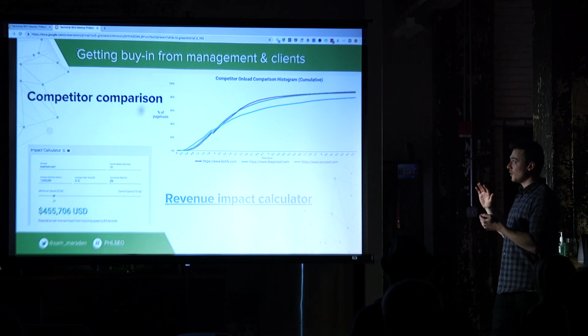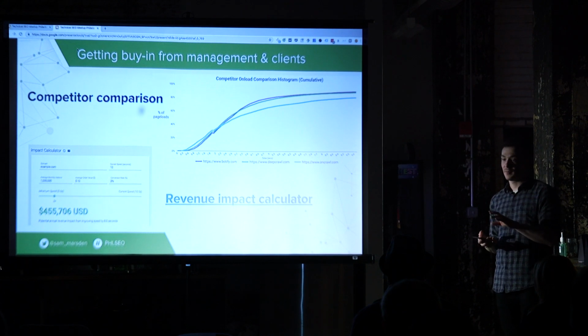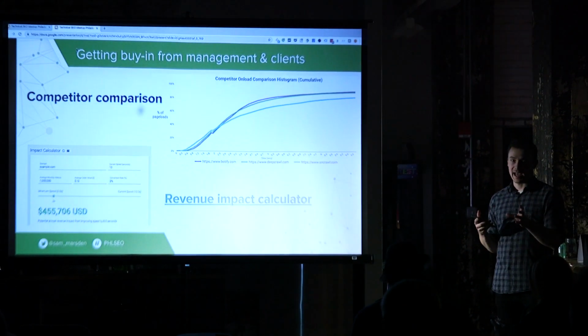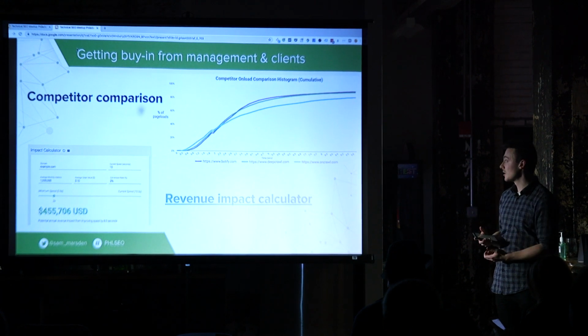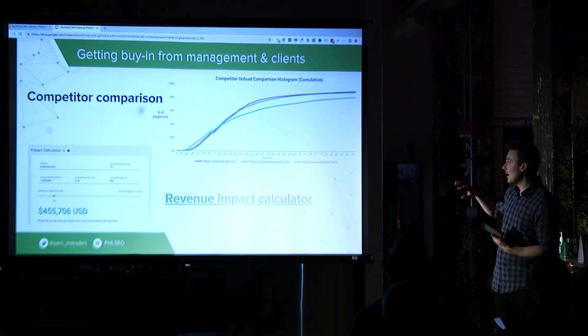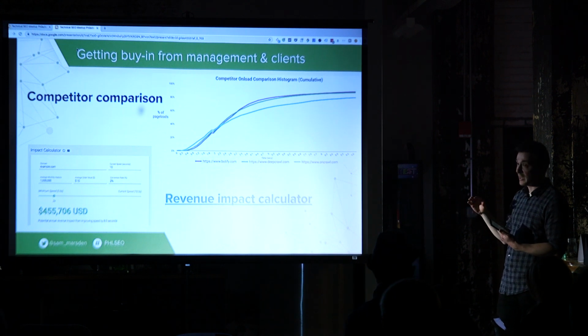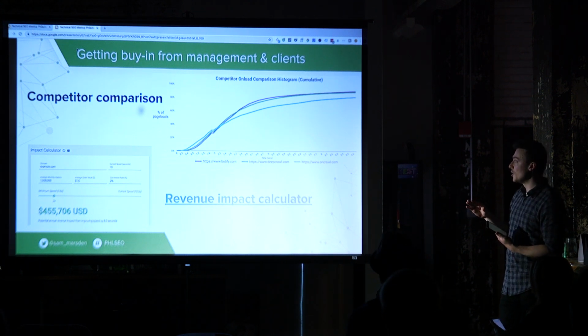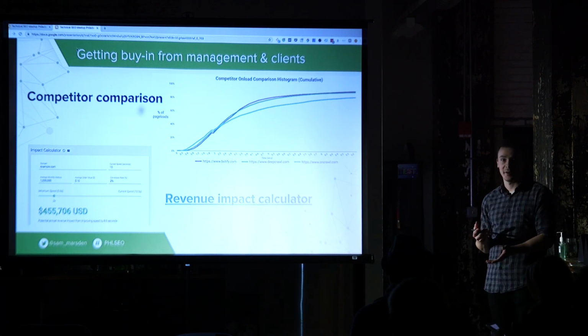So when you've pulled this data through into Data Studio, something that you can do is compare how you're performing with various performance metrics compared to different domains. So what I've done here is compare the DeepCrawl domain against a couple of our competitors to see how we stack up. And what you can do is use this to get buy-in from either management or clients for various